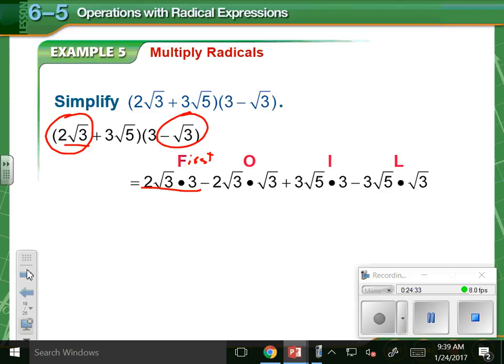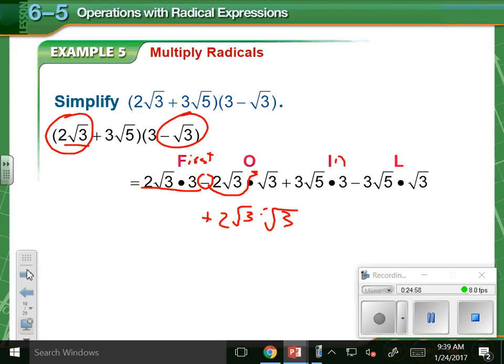Okay, this guy right here is kind of misleading. That negative sign should actually be on that. I would prefer it to be written as plus 2 root 3 times negative root 3, because that negative is on the root 3. Whatever, it's going to end up being the same. And then the inside